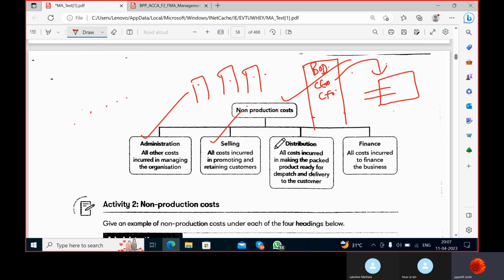Okay, and then we have all this packaging and distribution and dispatch and delivery department, and the expenditure we incur in that case is called distribution expenses, and this is also one of the examples of indirect expenses. Why? Because they are also not directly involved in the production process. They also do all this delivery from the godown. Okay, they never go to the factory. The godowns are in different places.